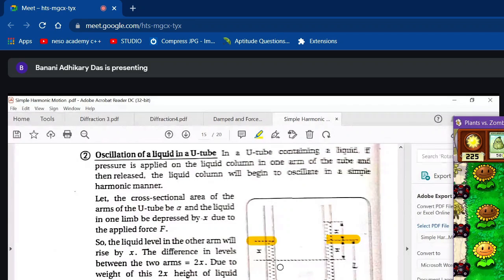You give a deforming force, you depress by a length x, then the other side rises by x as well, since it's a uniform cross section. If you then remove the deforming force, it cannot sustain itself, and its own weight generates the force in the system. The weight is that of a mass of liquid of height 2x. We have to consider the cross-sectional area and the densities, which I will come to later.